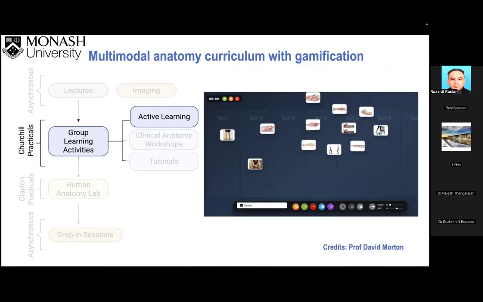We have more activities like matching activities. This is an online portal. We completely converted it to an online activity where we have the anatomical structure and the function. So they'll have to drag and drop, and then they discuss what is going on. Why do you think this is linked to this? So again, credits to Professor David Morton, who kindly shared his resources with me, and I created them into